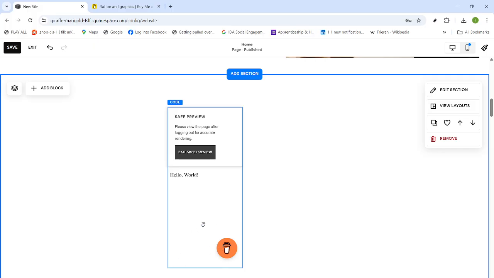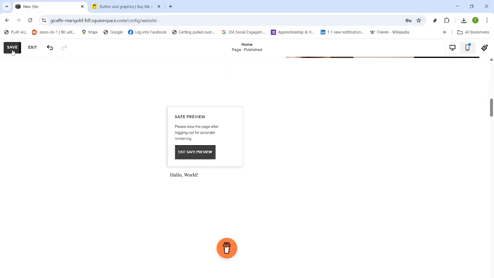You can reposition the section or add the code block to other pages using the same process. Keep in mind that styling, placement, and behavior are controlled by the widget settings you generated on Buy Me a Coffee, so make adjustments there and recopy the code if needed. That's it. Your Buy Me a Coffee